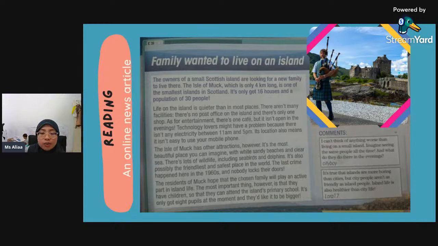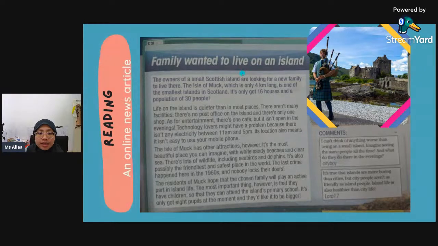So can you tell me what country is this? Rasa mana tempat ni? Anyone know? Okay, this place is actually in Scotland.